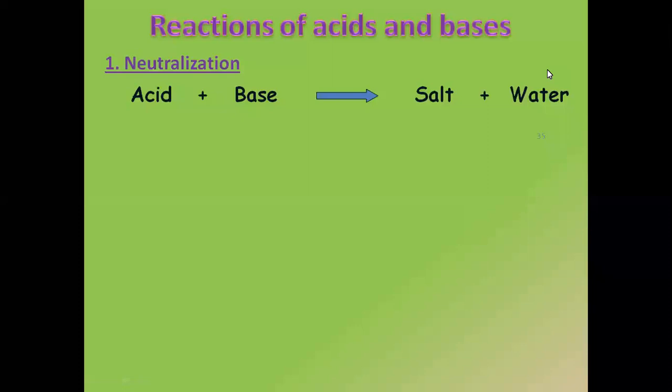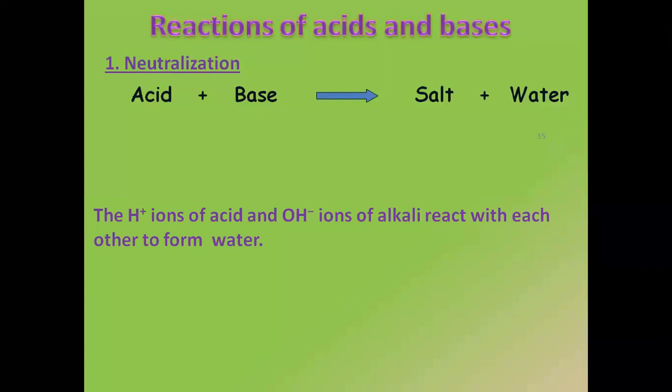So here, my dear students, what is exactly happening is the acid and base. Wait a minute. I'll repeat once again. Do not worry. The acids contain which ions? Tell me, acids contain which ions? एसिड के अंदर कौन सा आयन प्रेजेंट होना कंपलसरी है? H plus. बेस के अंदर, base which is also called an alkali, what is the ion that should be present in a base? OH minus. Very good. This H plus and OH minus combine together to form water.